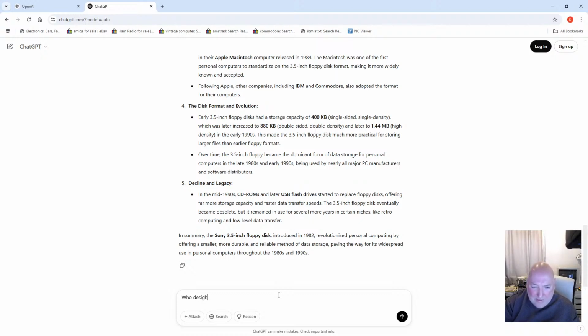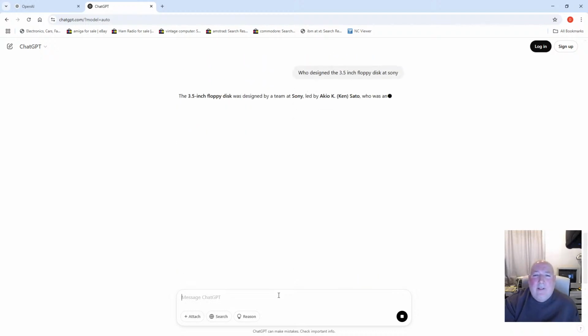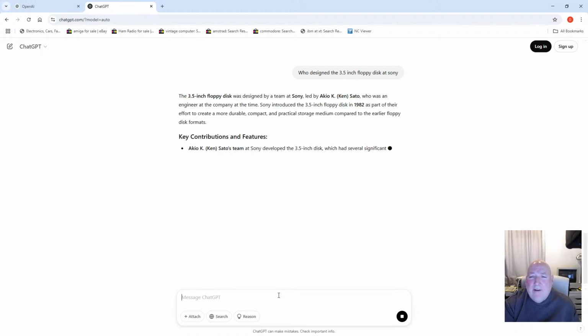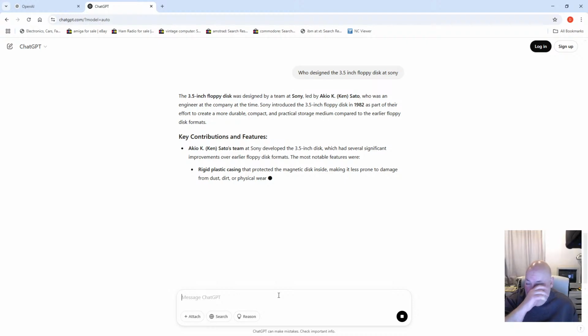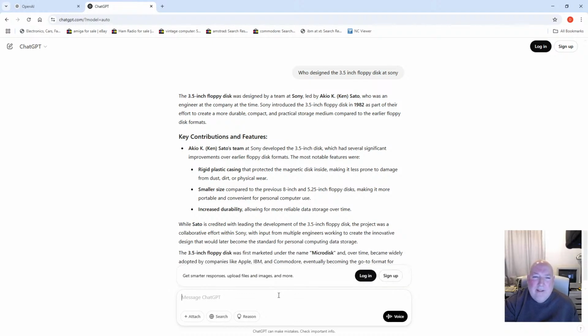Who designed a 3.5-inch floppy disk at Sony? It was designed by a team at Sony led by Ken Sato, who was an engineer at the company at the time. Sony introduced the 3.5 floppy disk in 1980 as part of their effort to create,